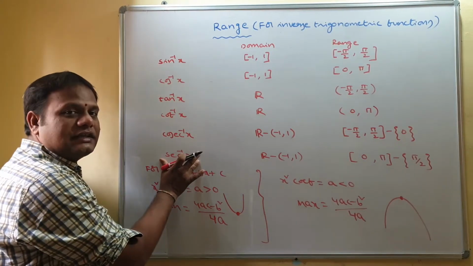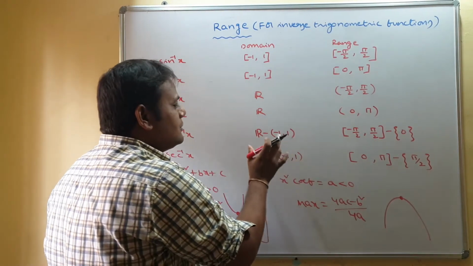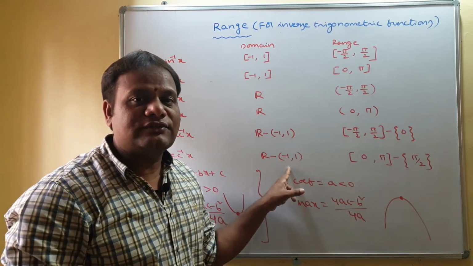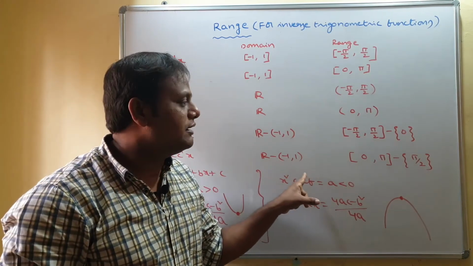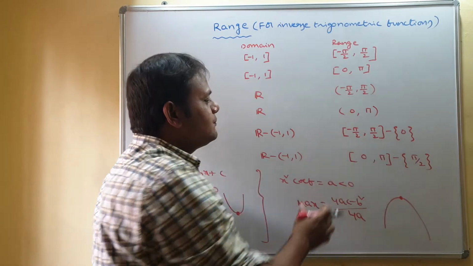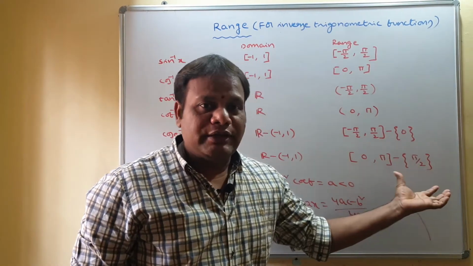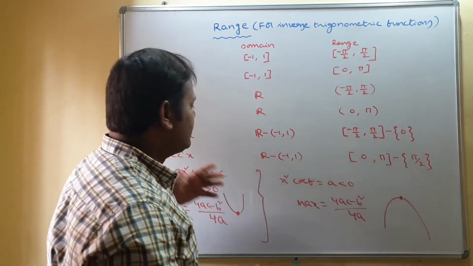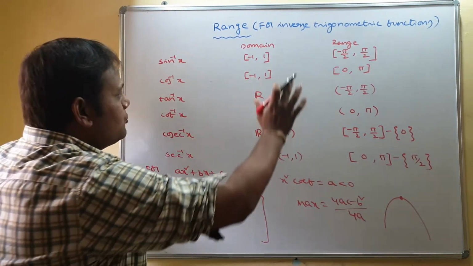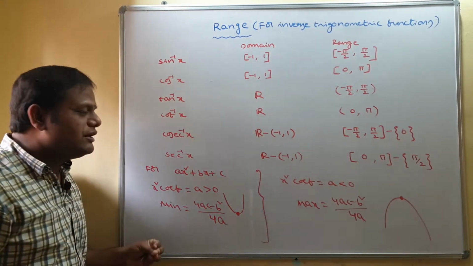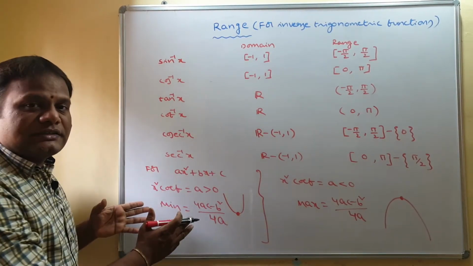Coming to secant inverse x, domain is same, R minus open interval minus 1, 1, that is minus infinity to closed minus 1 union closed interval 1 comma infinity, and range is closed 0 to closed pi minus singleton pi by 2. Is it? At pi by 2 secant function is not defined. You must remember all these things, and with that in my last video also I gave this information how to